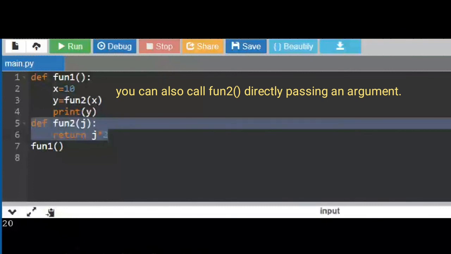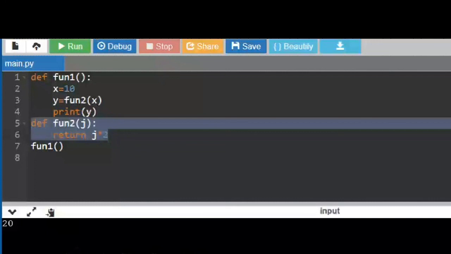So 20 is assigned to y, and then I am printing y, which is 20, and I can see that result on the screen over here. The main function is calling function 1 and function 1 is making a call to function 2. And in reverse, from function 2, it returns to function 1 and function 1 will return to the main function.